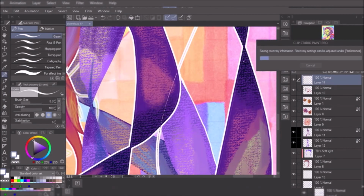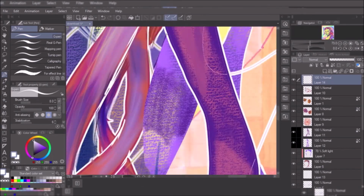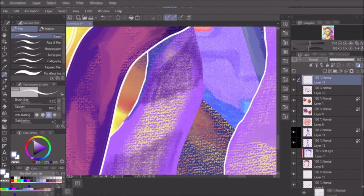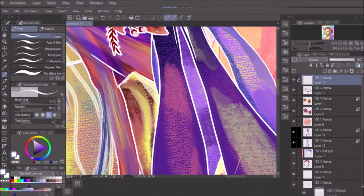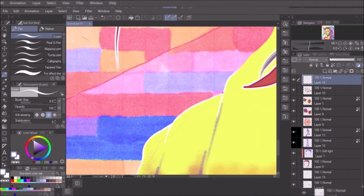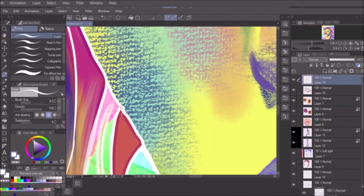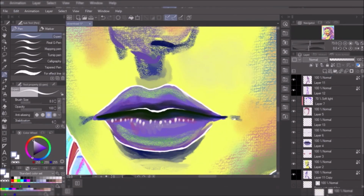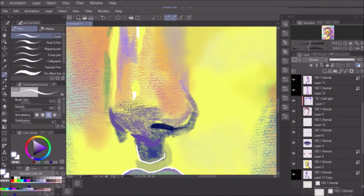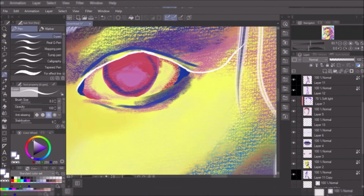I also decided that the ribbons need something to differentiate them from hair, because I thought it looked alright when it was black and white, but then it turns out that I've used very similar colors for ribbons and for hair, so I decided to add these ivy looking thingies on the ribbons. They are available in Clip Studio Paint as a brush, and